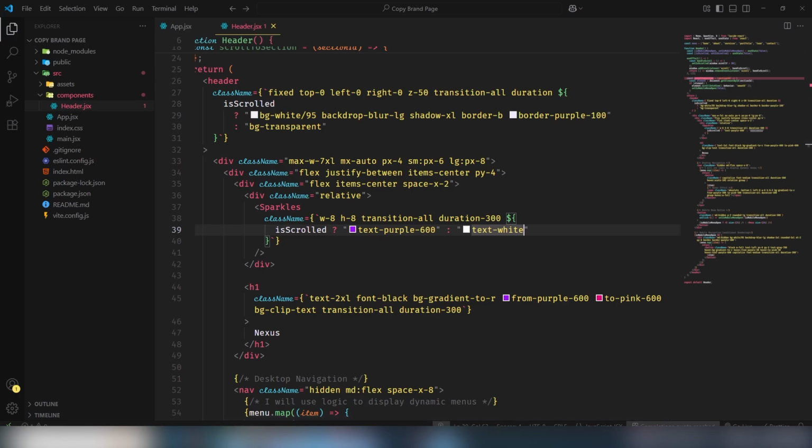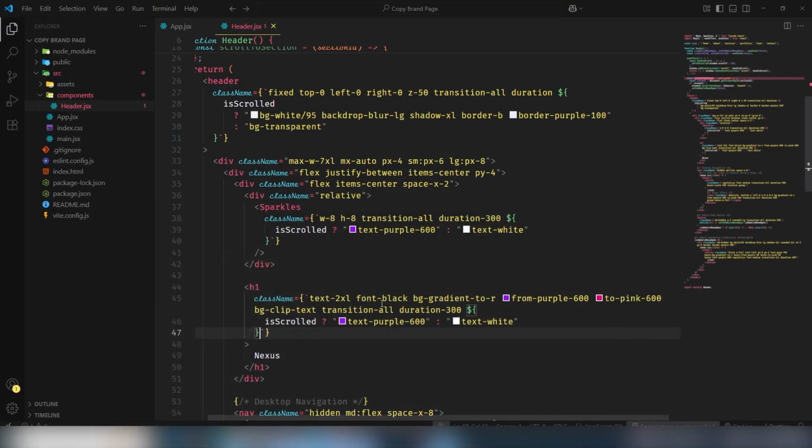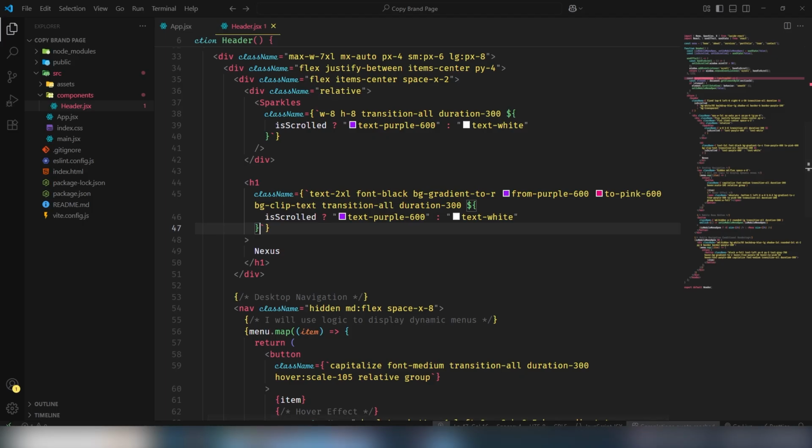Okay, and we're going to use the same logic on my text. So I just copy it and paste it there. Save the file and look at that, guys. Right, so let's move on, and we're going to use